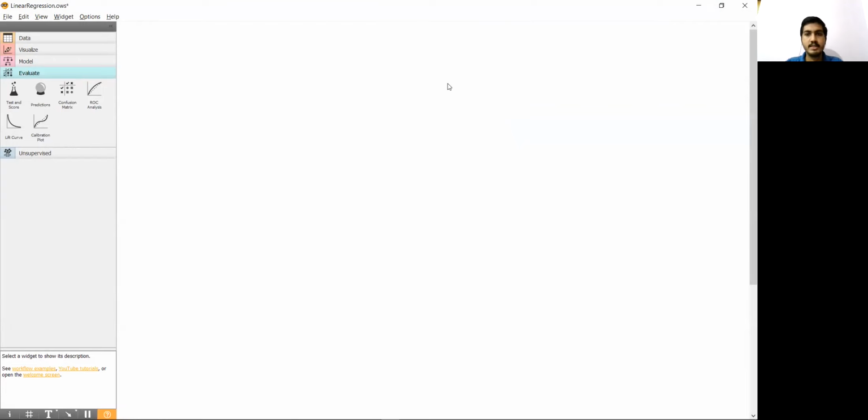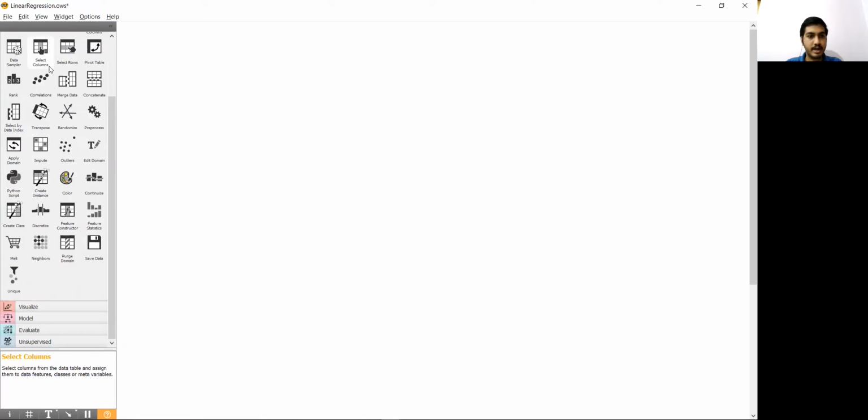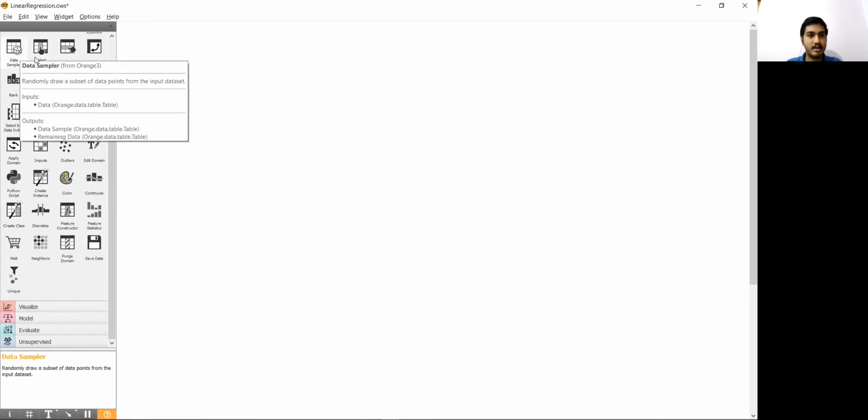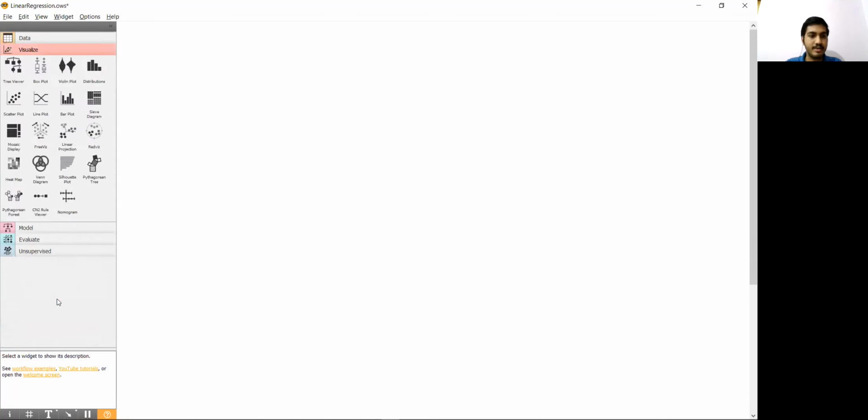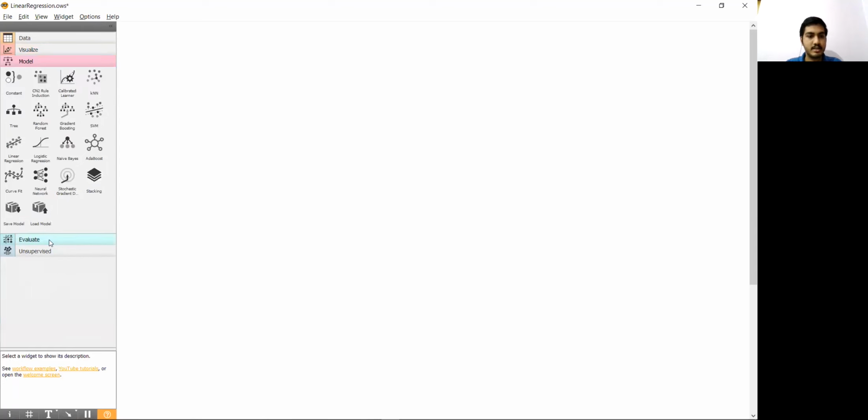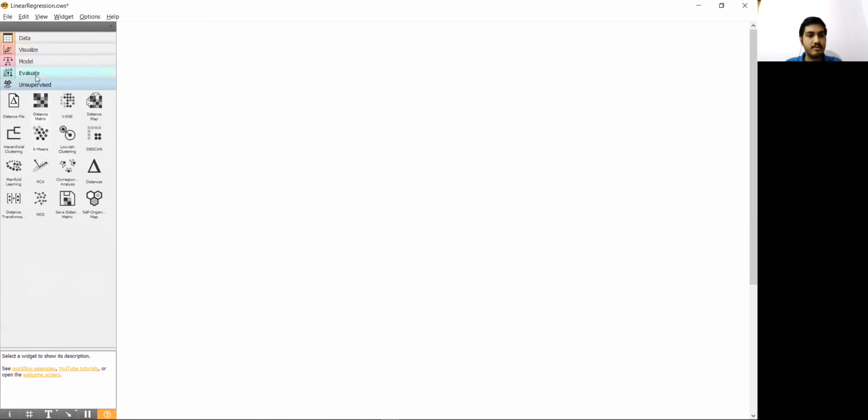So this is the user interface of the software called Orange. On the left side, we could see all those tabs showing the various operations that we could perform, like on data, reading data. It takes care of reading data, all the tables, columns, and so on. Visualization, where we could do all these plottings, scatter plot, line plot, bar plot, etc. And model, evaluate, and supervised. So these are the different widgets that are available.